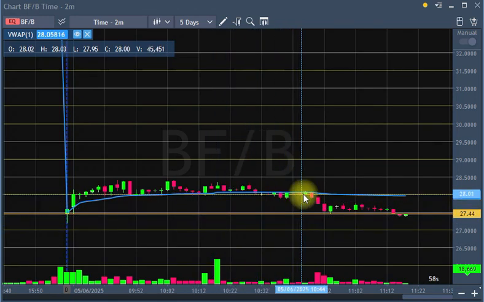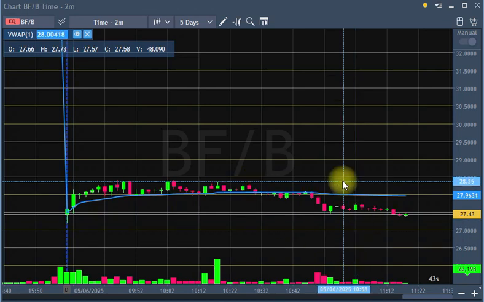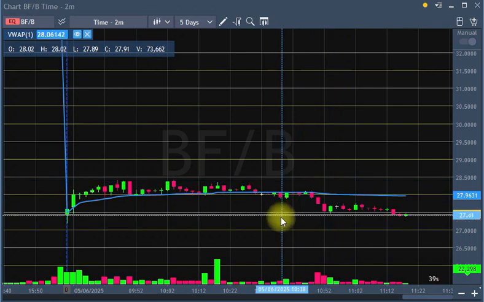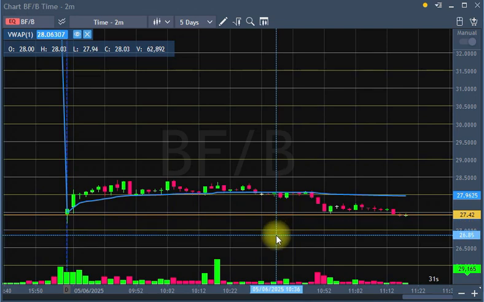As you can see, the reversal down from the view up here at this 28 level was very successful. The risk was like, I don't know, 40 to 50 cents. Yeah, 35 cents of risk. And now it's pretty much sitting at the lows of the day. Okay, nothing. Shorting at the lows is not our cup of tea.